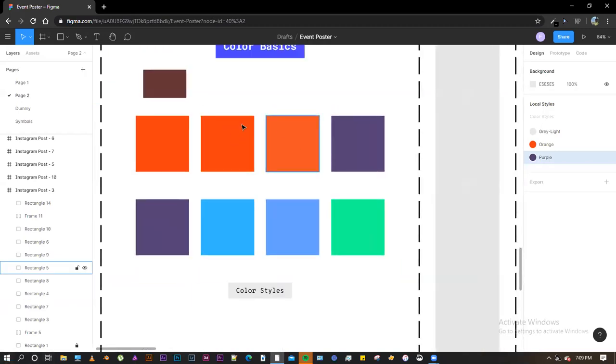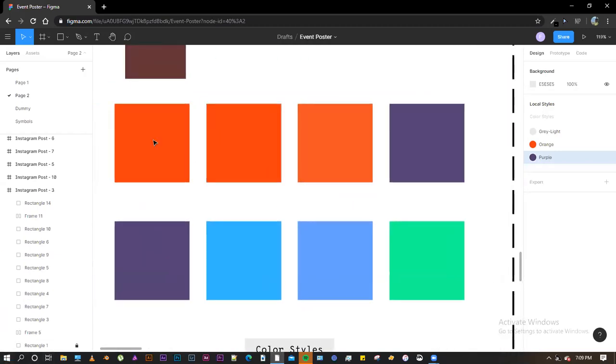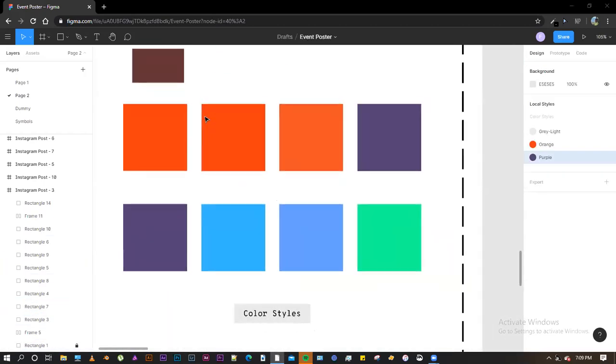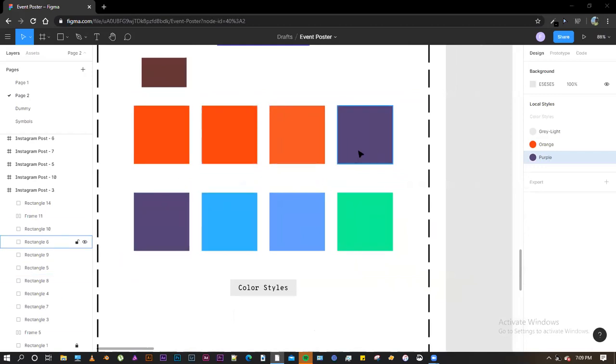Okay, so this is a very brief introduction. I will include all of these colors and fonts in the later parts. So let's move on to the next part now. This was the color styles. So let's move on to the font styles now. The second topic is font. So wait a second.